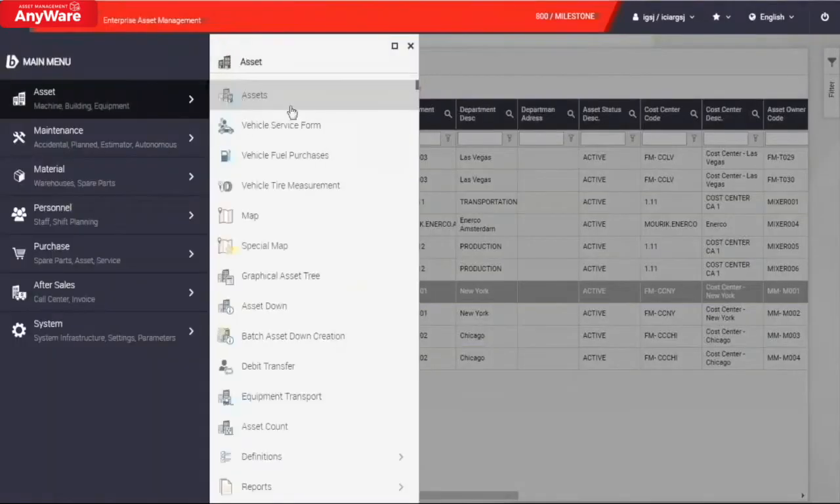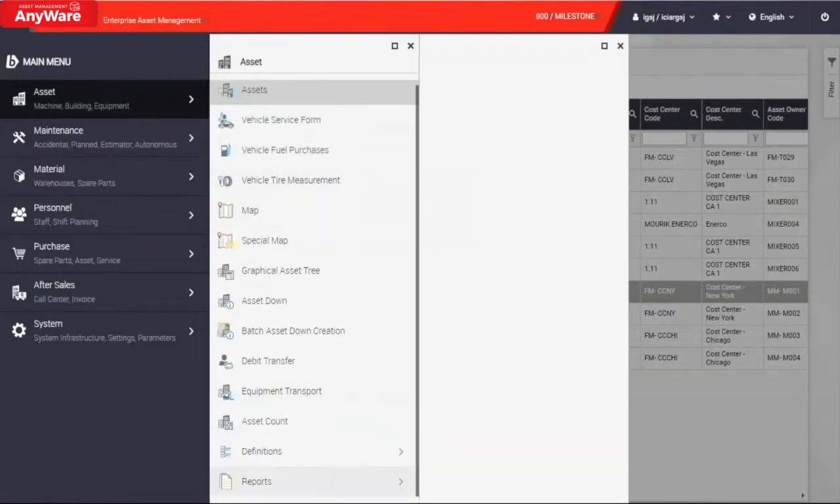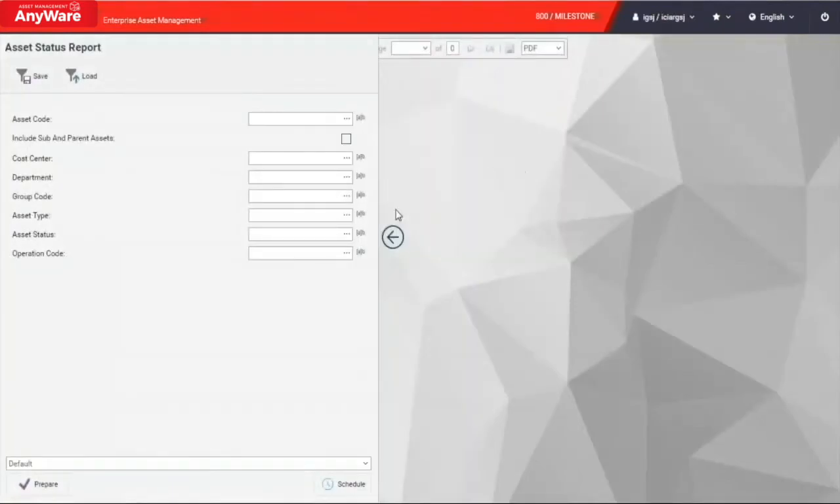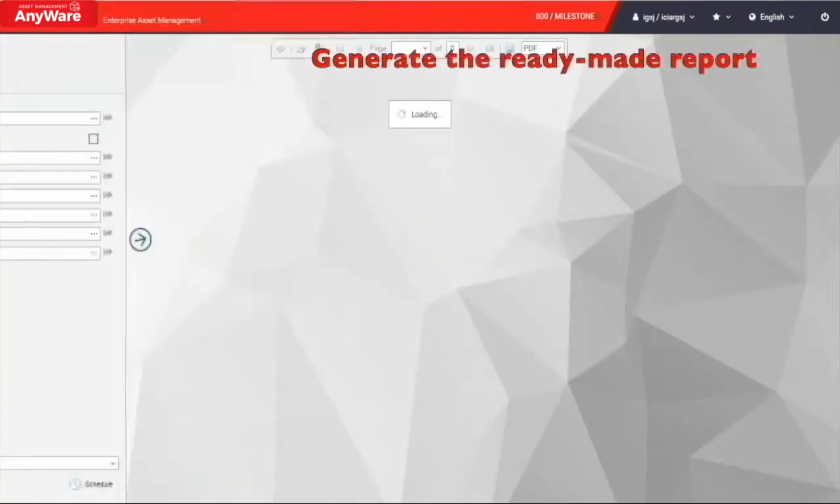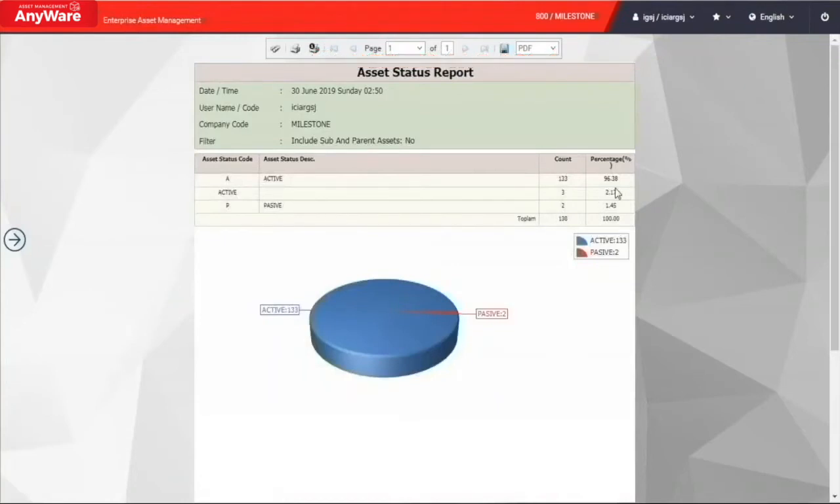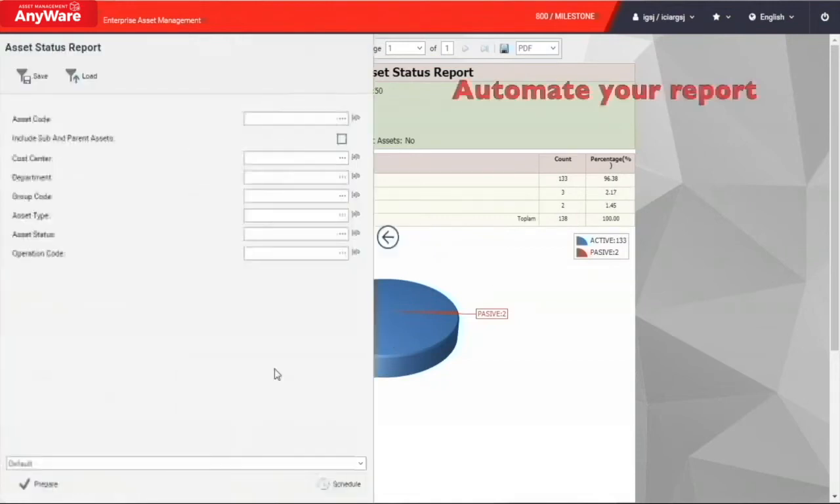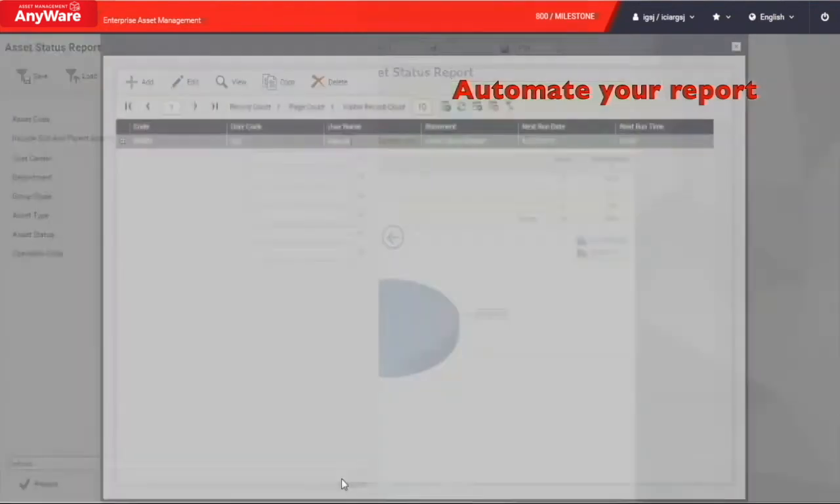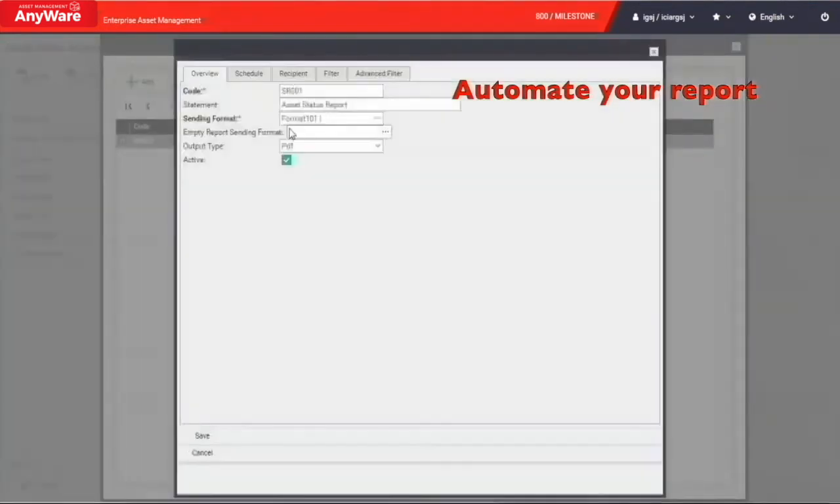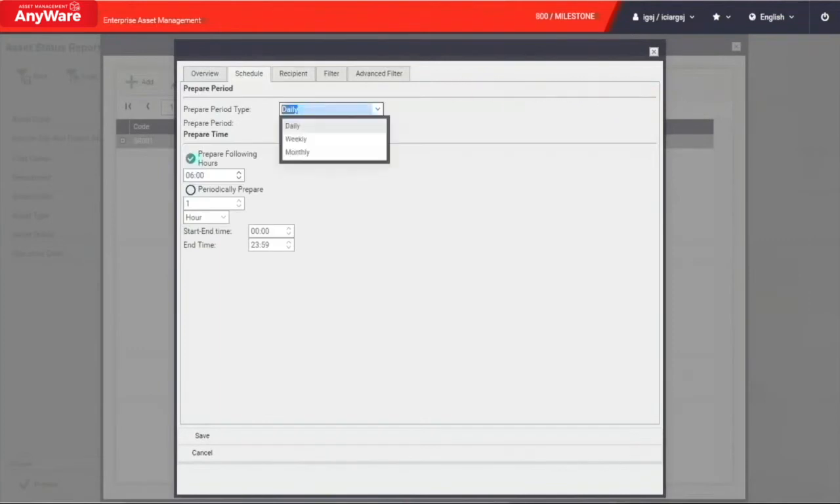in BIM. As BIM provides over 10,000 ready-made reports, you can generate a report, for example, the asset status report, anytime you need it. After clicking the Prepare button, you will see a report with a pie chart and table showing you what status your assets are in currently. Besides generating the report when you need it, you can make BIM send the report to you automatically. By clicking the Schedule button, you can configure the time and time period that BIM sends the report to your